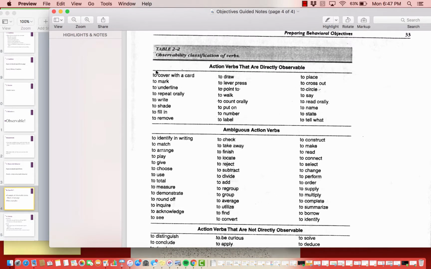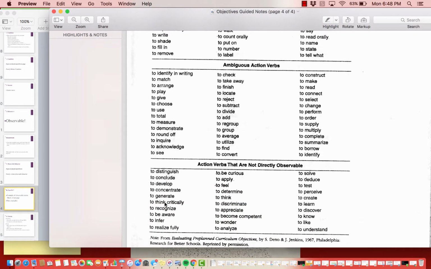And these are the ones that I highly recommend because they are always directly observable. To underline, to write, to count orally, to say, to read orally, to name, to state. So you can see how when I say the student will be able to state the vowels, we can have 10 people sitting around the room collecting data on whether or not that student can state the vowels, and our data would probably all look exactly the same because we understand that the student should be saying A, E, I, O, U. Right? But when we say other things, like the student will be able to